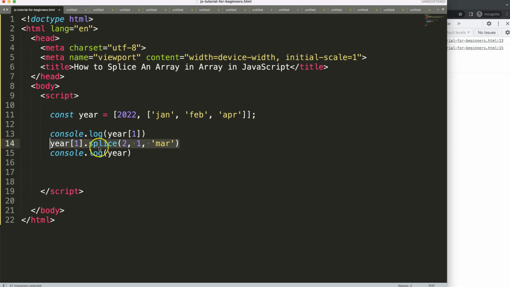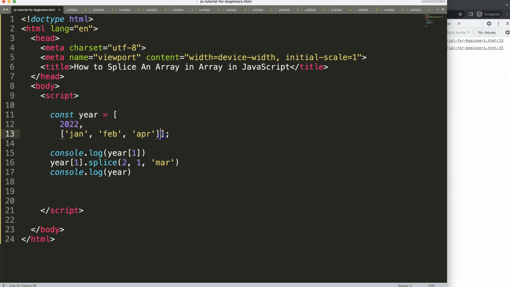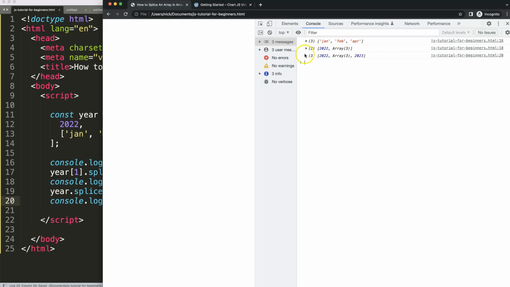So what we can do here is, for example, I want to splice, and then let's break this down a little bit more neatly. So we're going to put that in like this. And then in the year, I'm going to say year dot splice, and now I want to put in, let's say 2023. So then I'm going to say splice, and the splice will be on again index number 2. And there's a comma. I want to remove nothing, comma, and then I want to have the year 2023. So if I save this, and then again console log here, save that, refresh, you can see now our structure